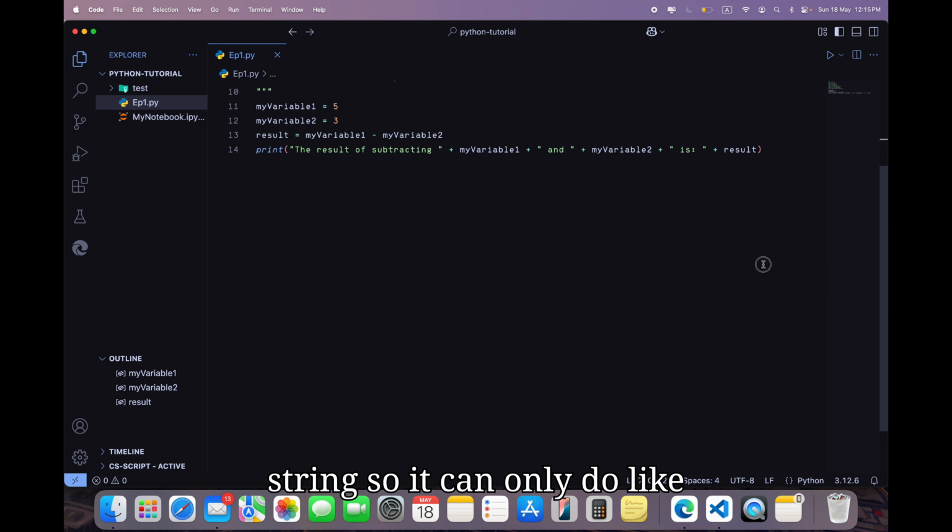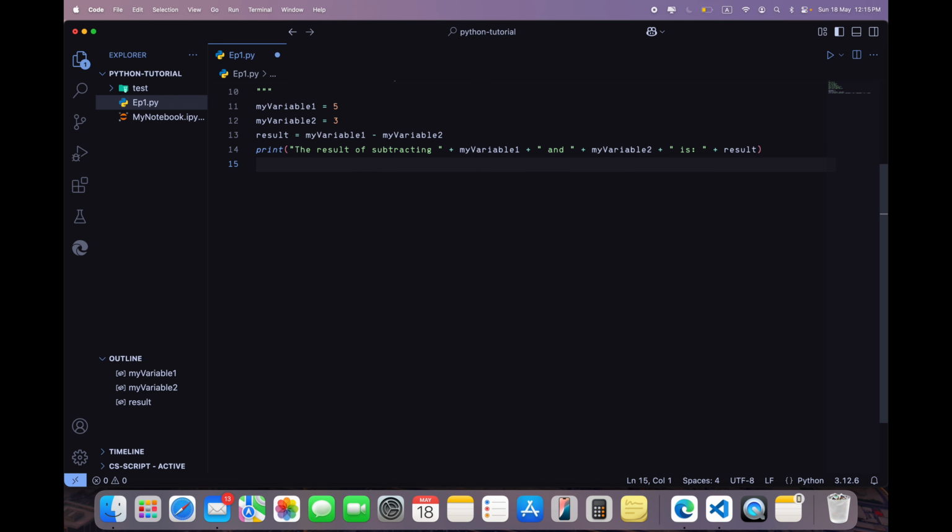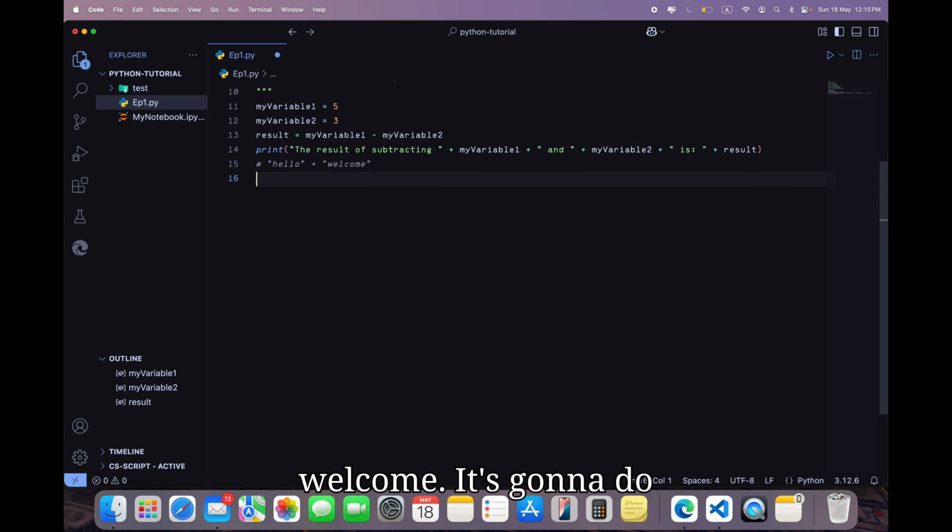So it can only do like hello plus welcome. It cannot do hello plus 5. So what we can do is use Python's built-in function or method,